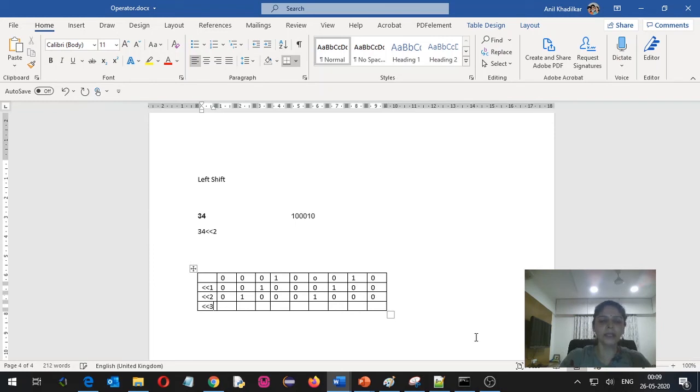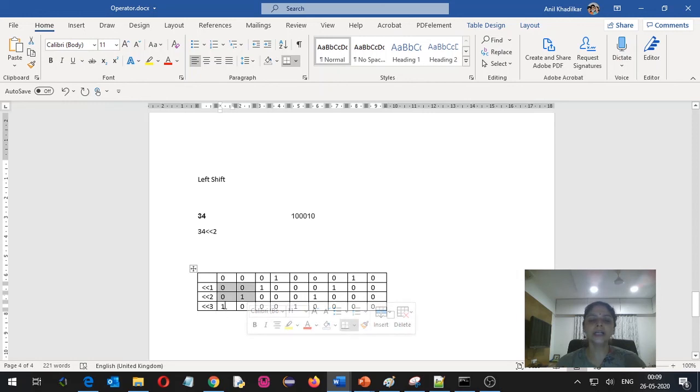And here, if I do left shift once again, then this 0 will go away, 1 will come here, 0 will come over here, 0 will come here, 0 will come here, 1 will come here, then 0 will get shifted here, 0 will come here, 0 will come here, and this is the extra location where 0 will get added. So this is how the left shift operation works, and in every left shift the number gets doubled.